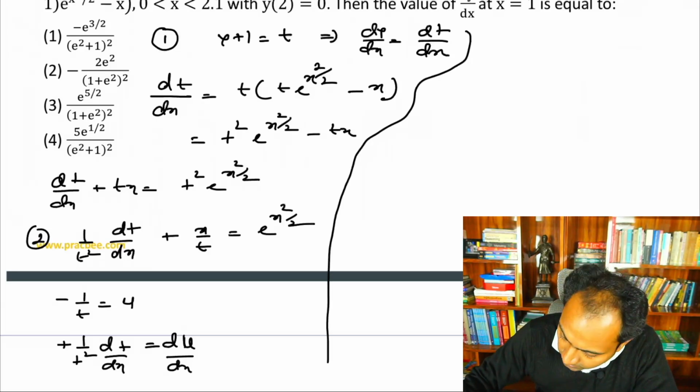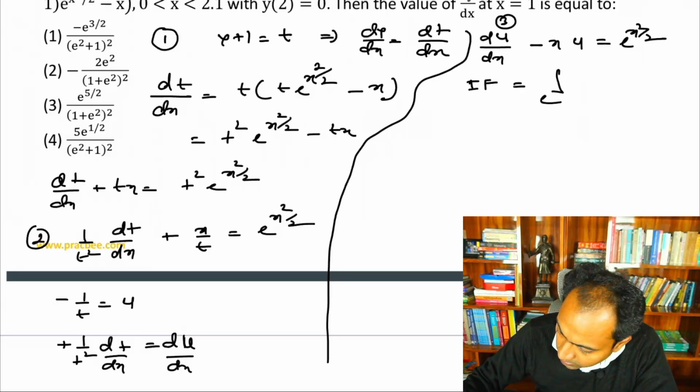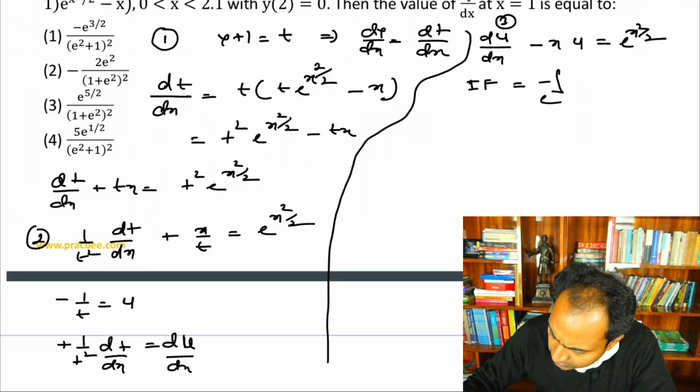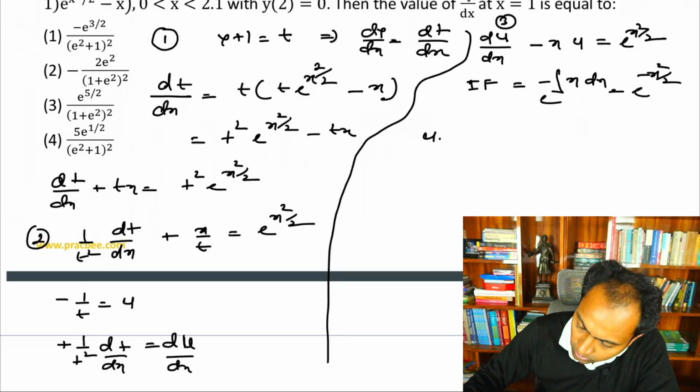This becomes nothing but u, this will become u du by dx, and this becomes minus of x into u, and on the other side we have e raised to the power x square by 2. So integrating factor in the third part will become nothing but integration of e raised to the power minus x dx, that is e raised to the power minus x square by 2. If I want to write the solution, u into integrating factor